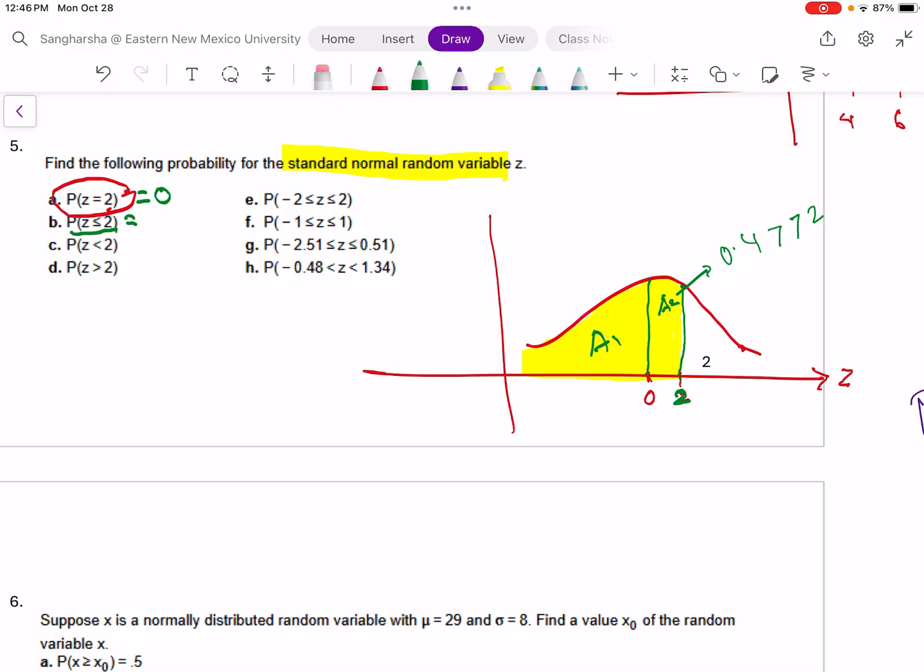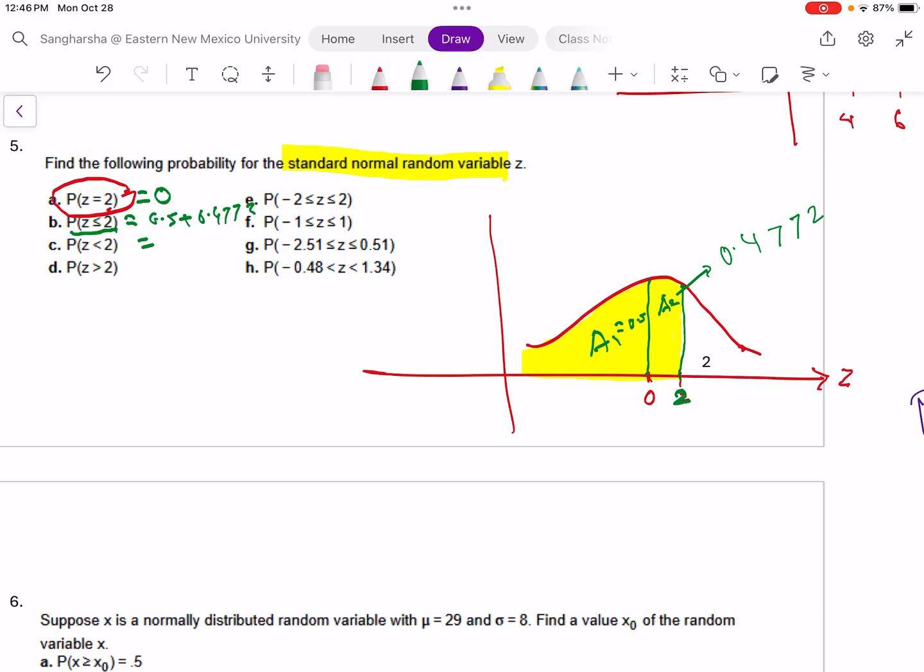Is it A2 minus A1 or A1 plus A2? Yes, A1 is 0.5. So you are adding these two. So this is 0.5 plus 0.4772. What about for number C? Will it be the same or different? Subtract it from 0.5. No, for number C, you are asked to find the probability that Z is less than 2,